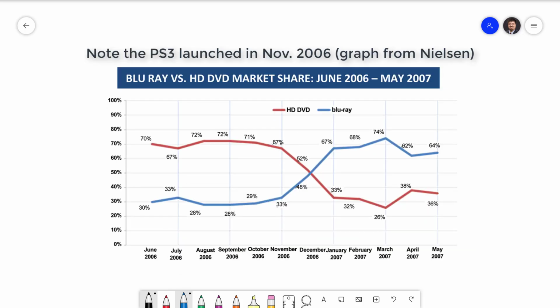In the mid-2000s, Sony launched the PlayStation 3 game console, which was bundled with a Blu-ray player. At that time, Sony was engaged in a standard war with Toshiba. Toshiba produced the rival HD optical medium known as HD DVD. By bundling a Blu-ray player with the PlayStation 3, Sony established a base of people who already had a Blu-ray player and therefore could buy Blu-ray movies. This is generally credited as the reason why Sony won the standard war against Toshiba, and HD DVD was eventually driven out of the market and is no longer available.